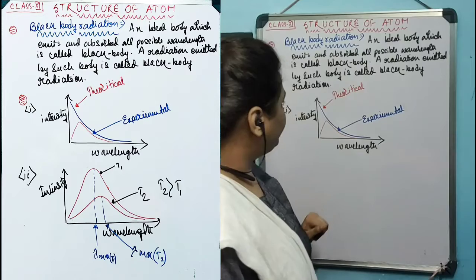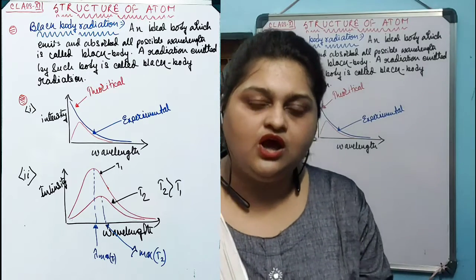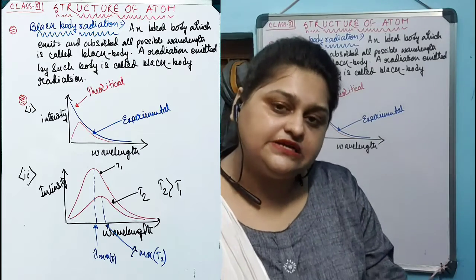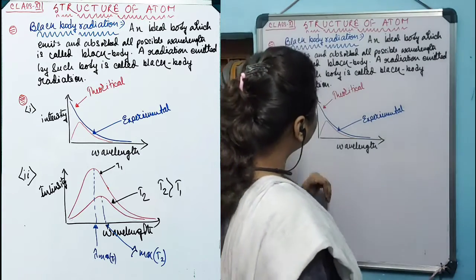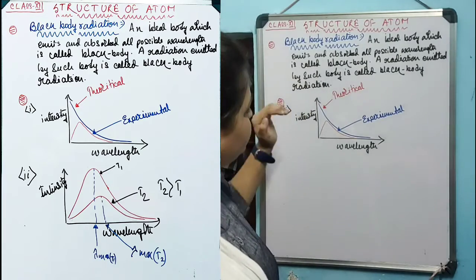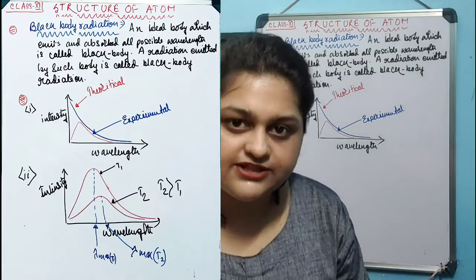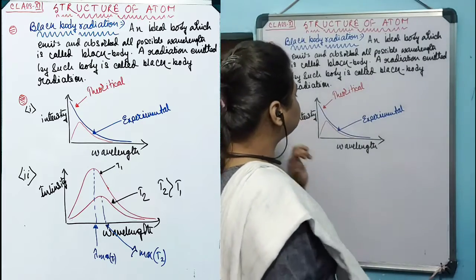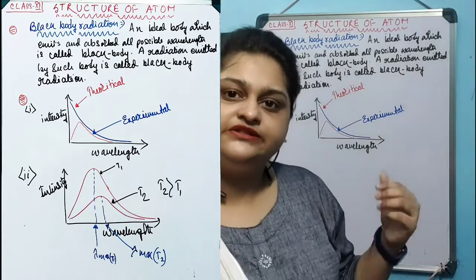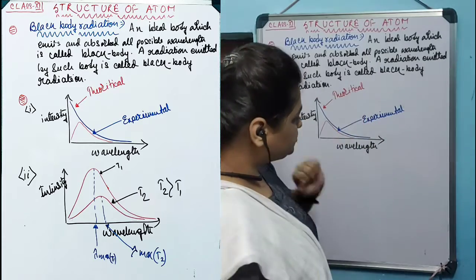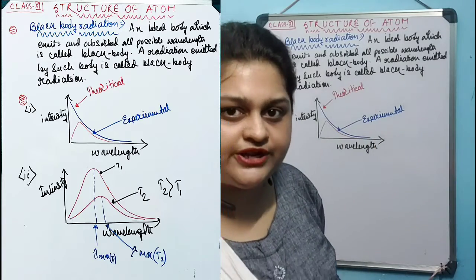This shows that there is some kind of deviation in the theoretical data that was based on the electromagnetic theory of light, that light is wave in nature. That's why the theoretical data is not coinciding with the experimental data that we are getting. This is the first plot that the scientists drew from the black body radiation analysis.